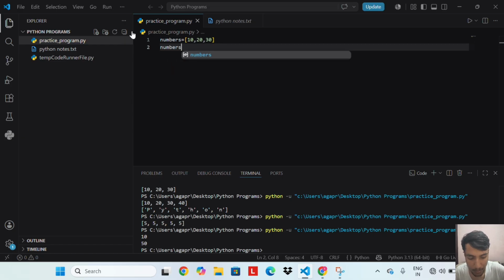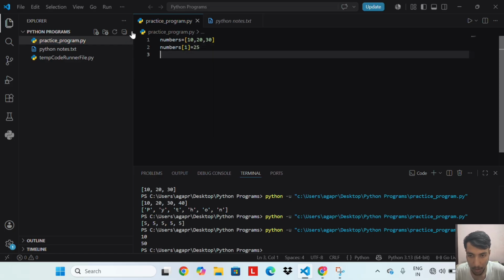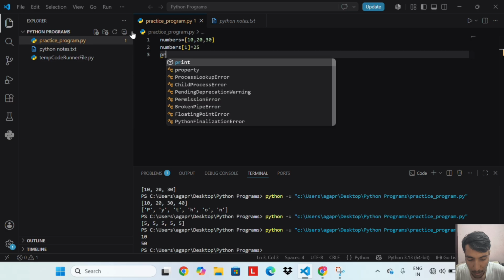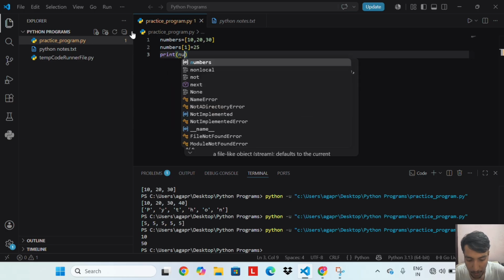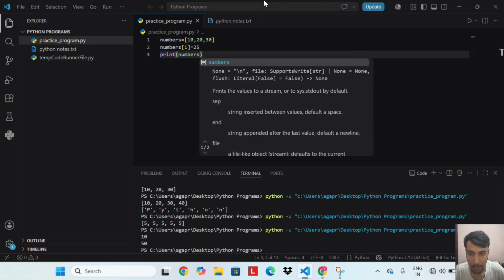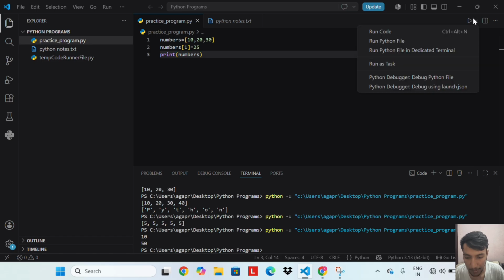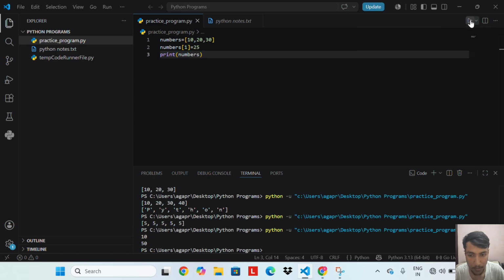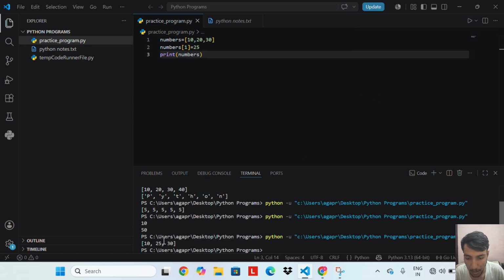Numbers 1 equal to 25. Print numbers. Let's run this code. We get 10, 25, 30.